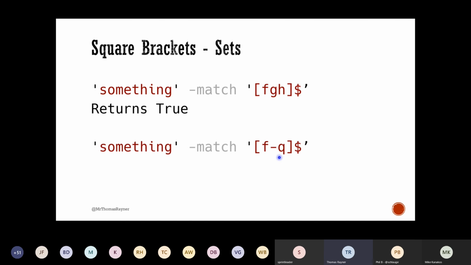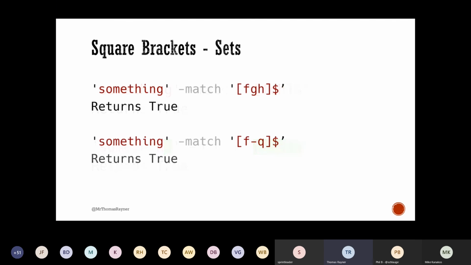You can use this dash. Outside of the square brackets, dash doesn't have the same meaning. But inside the square brackets, it's a range operator. So this says between F and Q inclusive. So between an F and a Q and then the end of the line. This is still a 1 character space though. So this is true as well, because I'm looking for the end of the line and then a character between or including F to Q. So there's my end of the line, and G is, yeah, it comes after F. So that's between F and Q. So I find that right there.